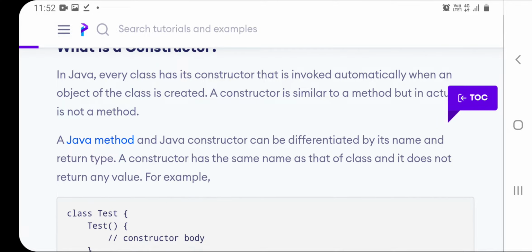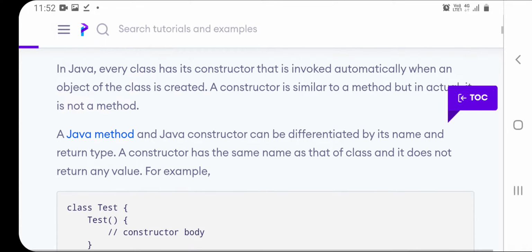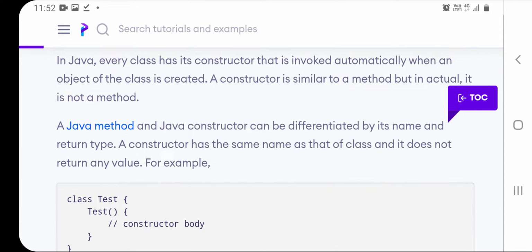Okay, so in the last class, we saw what classes and objects are. Every class has a variable and a method. The method is a member function in a class. So every class will have a set of variables and methods. Whereas constructor is also a Java method. The second paragraph you see, constructor is also a Java method, and a Java constructor can be differentiated by its name